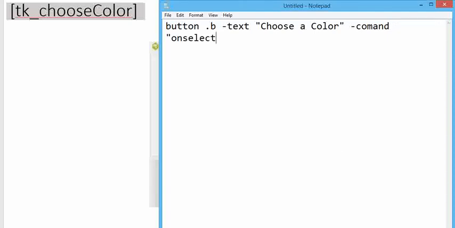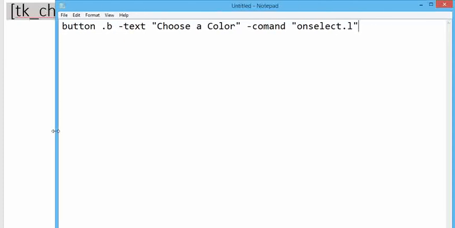This procedure is applicable for the label. The name of the label I am giving is dot L. Now after that I am going to pack it, pack dot b, or instead of pack I am going to use one different geometry manager, place dot b. Here we need to define certain coordinates. Minus x I am going to give 20, minus y 30. You have to give x and y starting from the top left. Here we can take x y as 0 0, and from here we can go 20 pixels in the x direction and 30 pixels in the y direction.